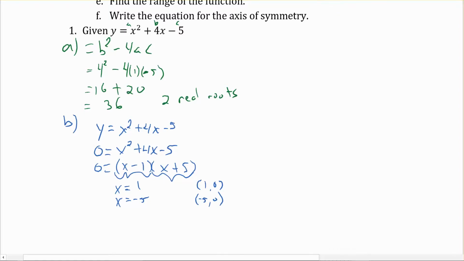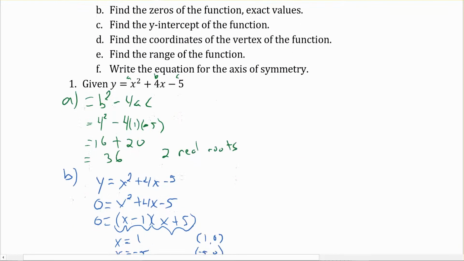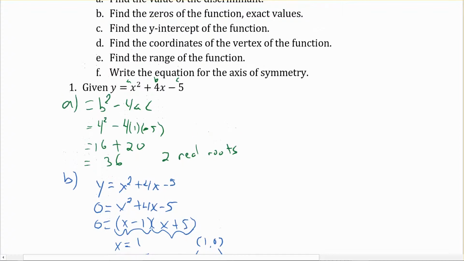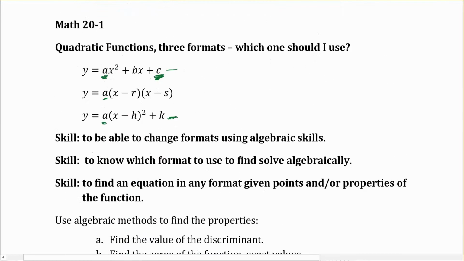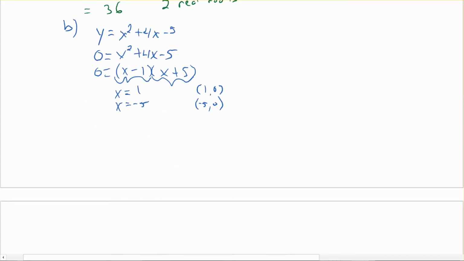Okay, moving on to the next one. C, find the y-intercept of the function. This one's pretty straightforward. Like I was saying, if you go up to the top, our standard form is ideal because I know that c is just equal to my y-intercept. So another way of writing that though would be